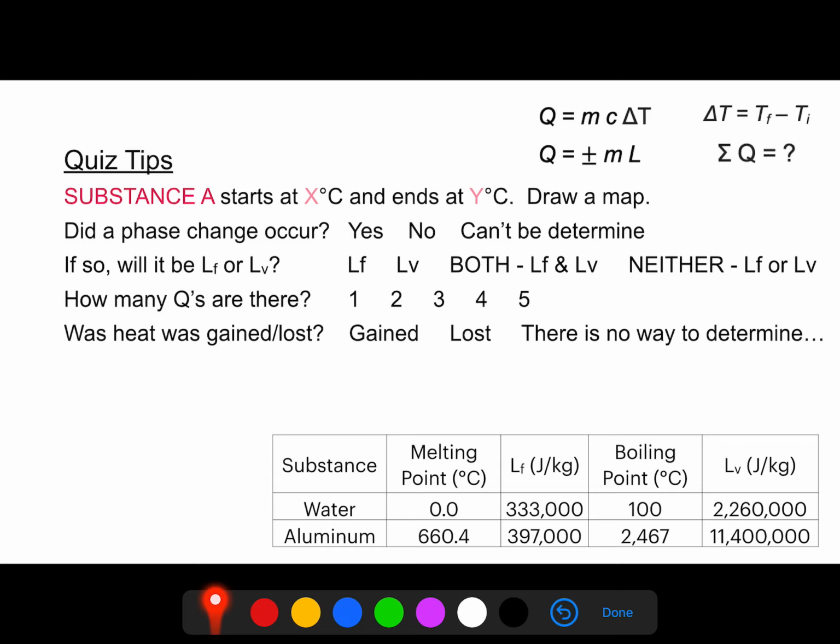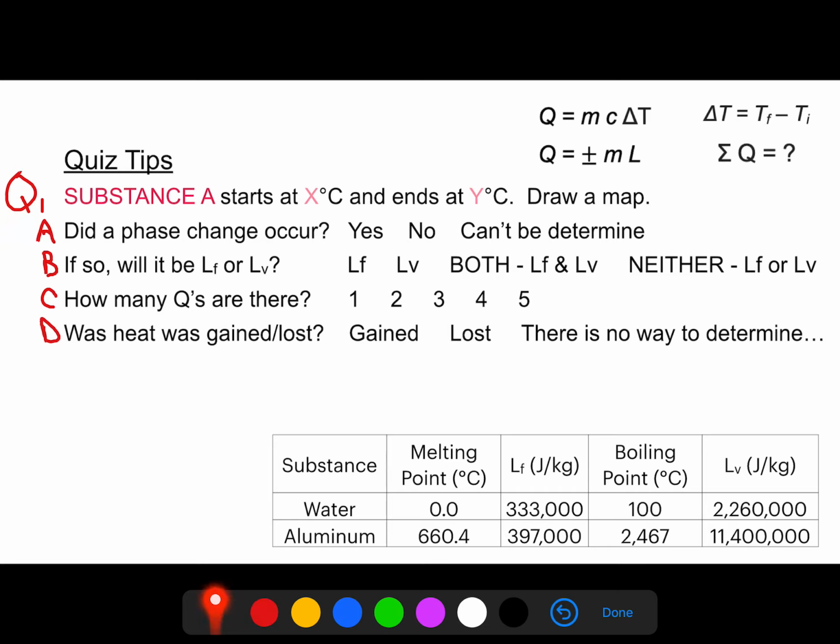and with the multiple choice questions, it's going to be the same prompt each time. It's going to say substance A starts at temperature X and ends at temperature Y. Draw a map. And then there are going to be different questions that follow at the end of the prompt. So we'll call this question one, and then this would be question one part A, this would be question one part B,